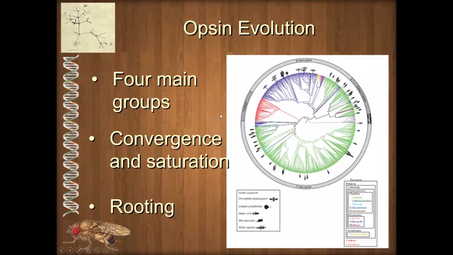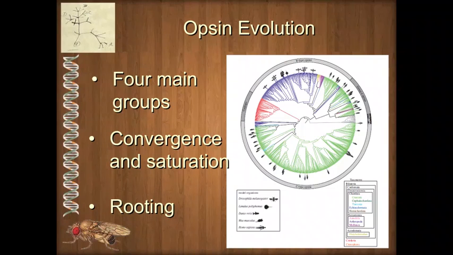So it's very labile, and evolutionarily it seems to change quite easily, and there have been lots of different options that have been explored. Also, amongst these opsins, there has been a lot of change in evolution at the third position of these protein coding areas, and so we often have high saturation followed by constraint at other areas, and so they can be really tricky. That also happens in a lot of mitochondrial genes, where we have